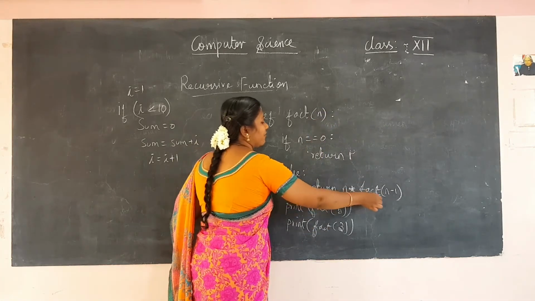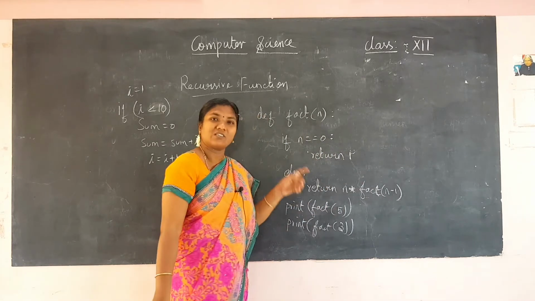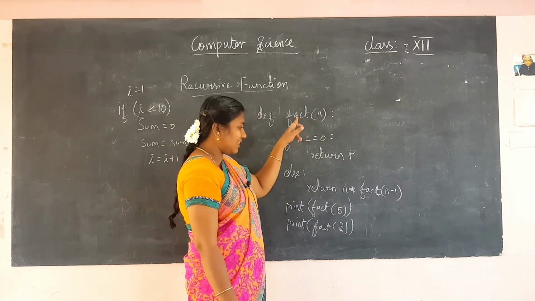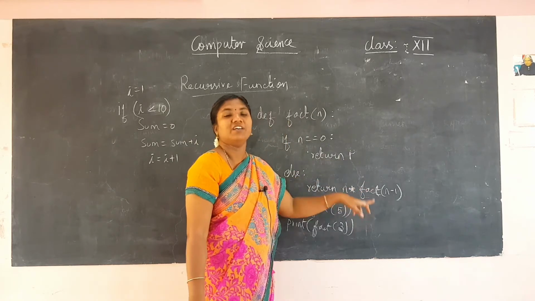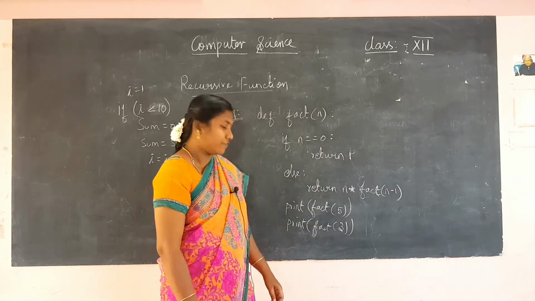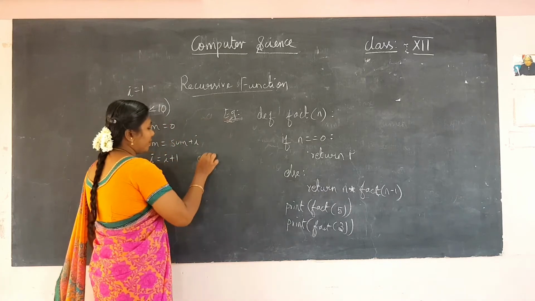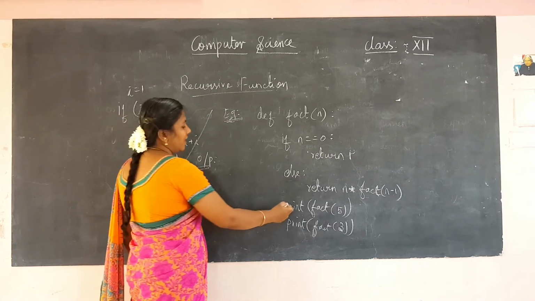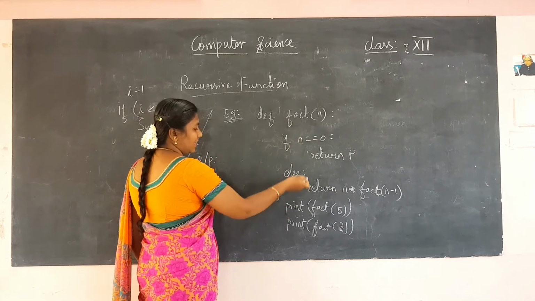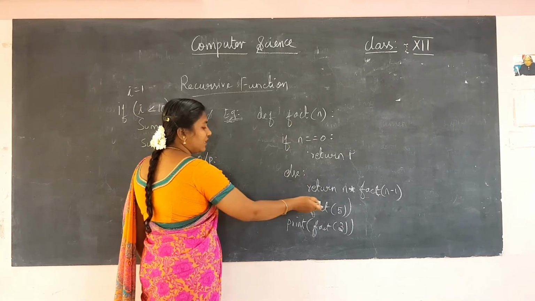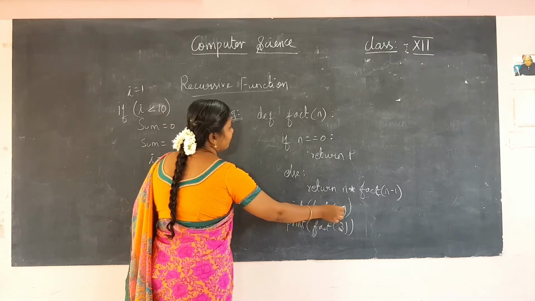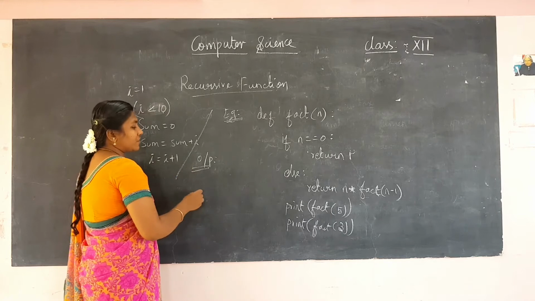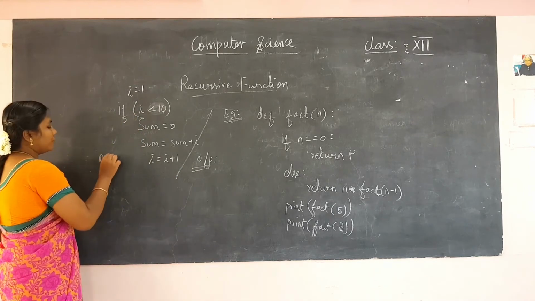Again we are calling the same function. So this is the function which calls itself. Within that function I am calling again the function. This is called the recursive function. So what will be the output for me? First I have given a function and the function finished here, and then I am giving print fact of 5. Now this value 5 will be passed to n. So n has the value 5.